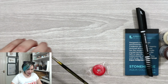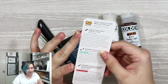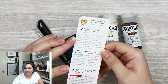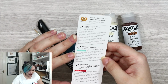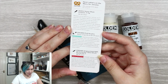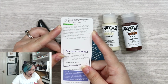Let's read the supplies sheet that's come with this and put all of this in view. What do we actually have? We have what's on the menu for January. We have a Stabilo Sensor Black Fine Liner. Nice. Perfect all-round fine liner, apparently. We will see, won't we? We have Golden Fluid Acrylics. Highly intense permanent acrylic colour. Cool. And then a King Art Gold 9000 series gold Taklon brush number 2. And then we have the Stonehenge Aqua Cold Press by Legion Paper. Okay, so